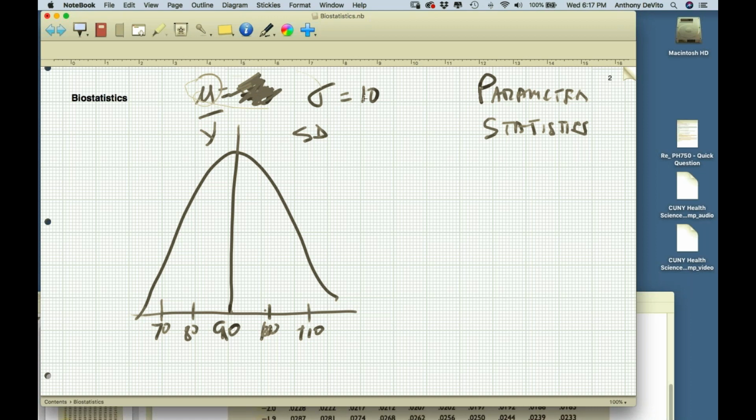I will never know for certain what it is. The only thing that I will know, I probably won't know this either, but we're going to play around with this a little bit. And since not knowing either one of these things is going to make things complicated, in a lot of the problems for this week, we're going to make believe that we know what the standard deviation of the population is, just because we want to keep things simple for now, and just make mu our unknown, just make the population average our unknown.